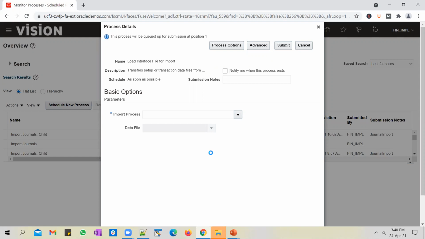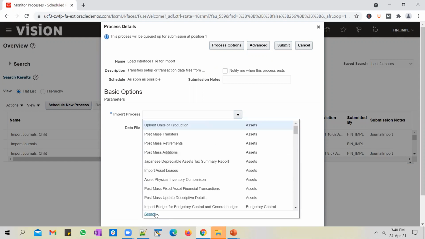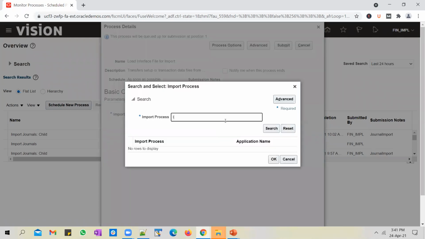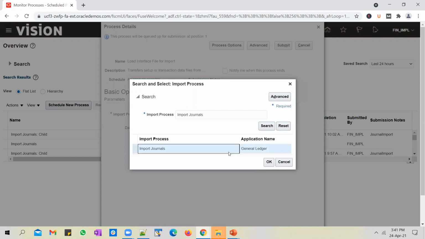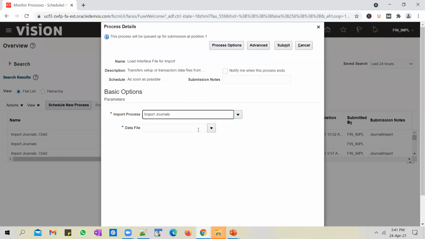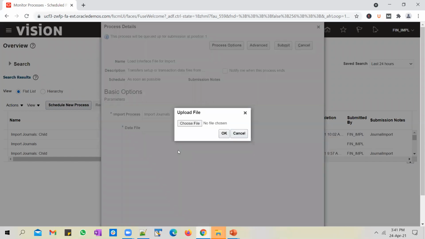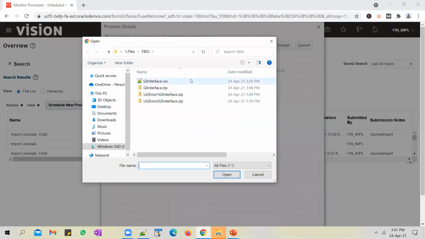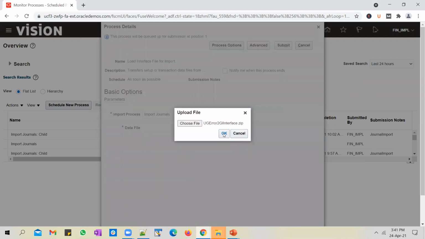Select import journals as an import process. And upload the data file. And we're going to upload a data file which has a couple of errors related to accounts, but that's fine.